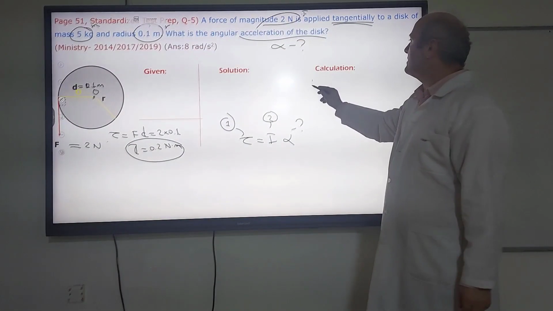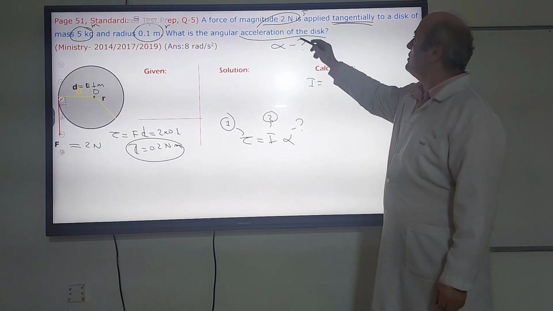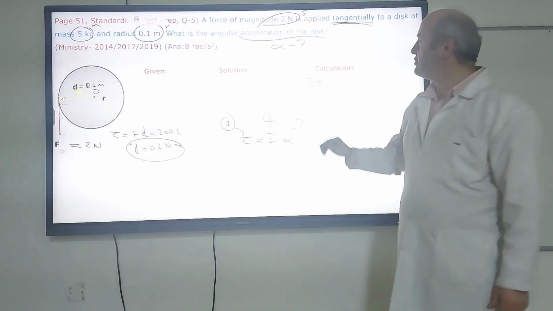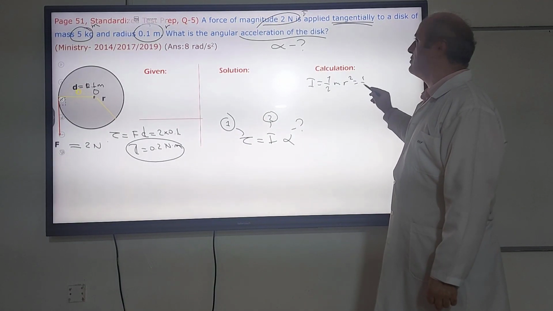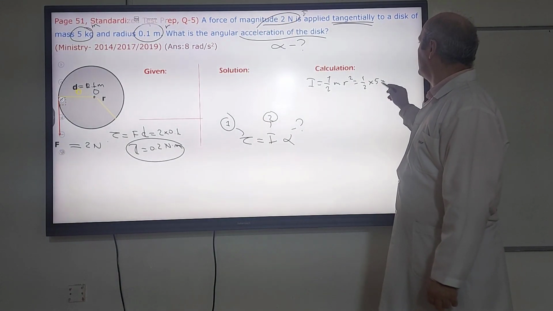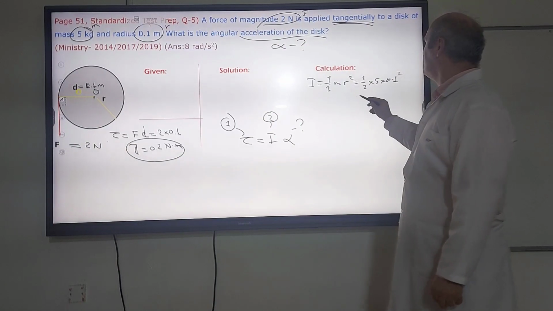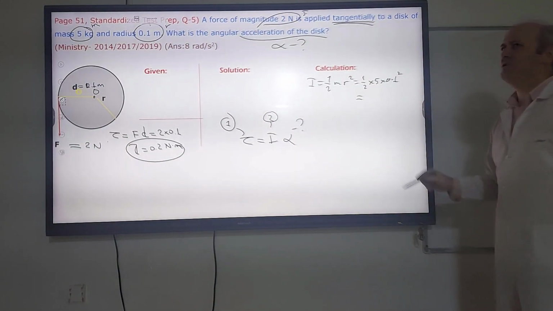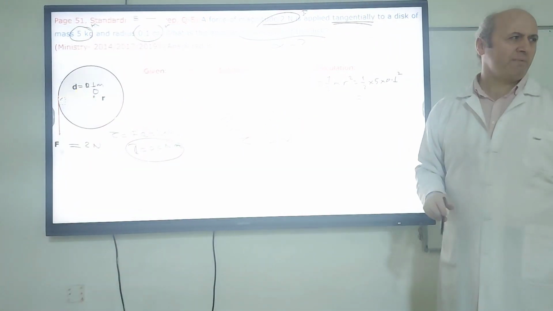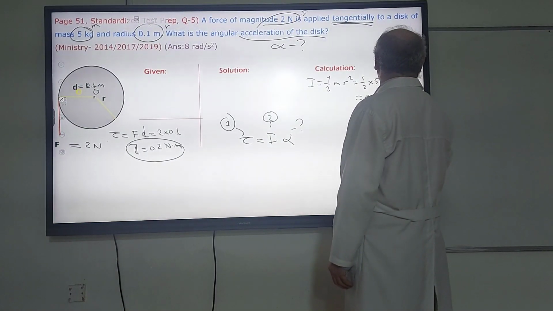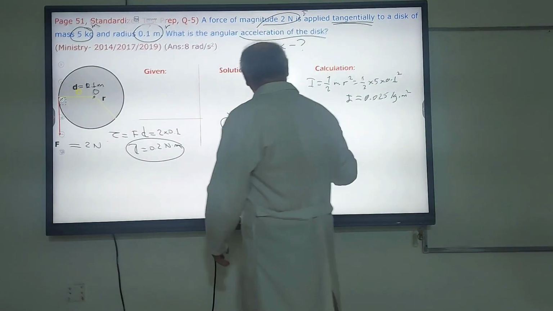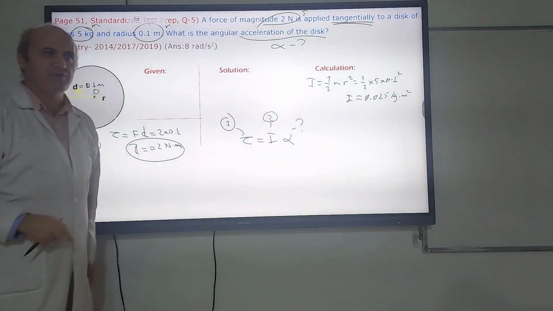So I is equal to, for a disc, the moment of inertia 1 over 2 m r squared. So 1 over 2 m is 5, and r is 0.1 squared. We will find the answer, I think, is going to be 0.025 kilogram meter squared. After that, we are going to insert this in this equation and we will find